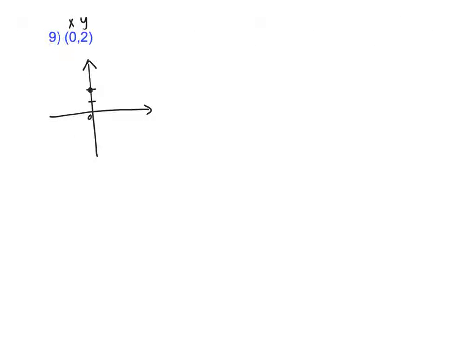So as you can see, I've plotted my point because 0 for x is right here, and I have to go up 2 since that's y. And so that's right here. And so when I draw that point from here to here,